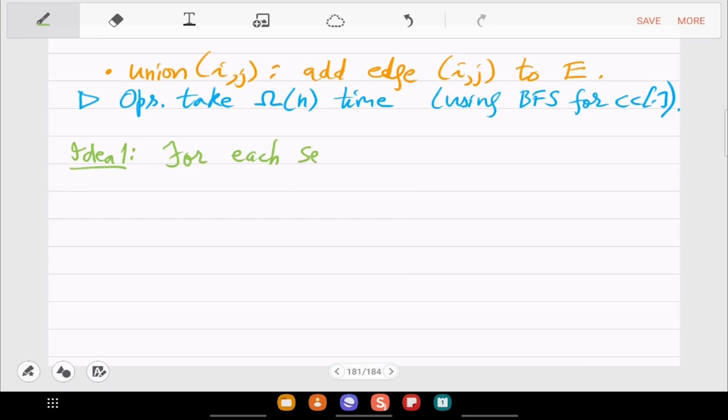For each set, maintain a rooted tree in the form of type 3. Type 3 was what we started with, this orange tree stored in this green array, where A[i] is basically the parent of i. That's what your sets are.